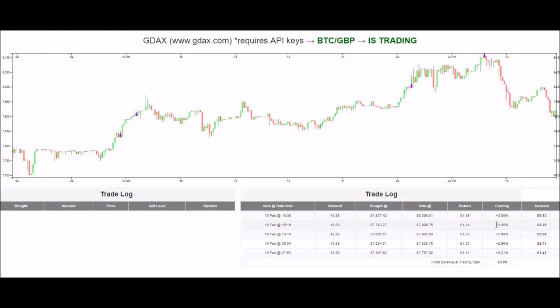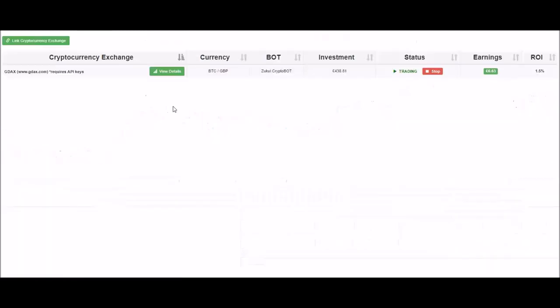Now, how much time and effort and knowledge have I had in using this system? Well, you've seen for yourself. All I've done is I've gone back to this page here. All I did was I initially set up the amount that I was willing to trade. I gave it its initial sort of ground rules to work with, if you like. It's how much it wanted to split up into various lots, and then I just simply pressed the trading button,